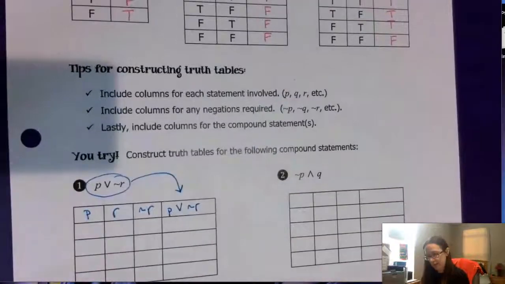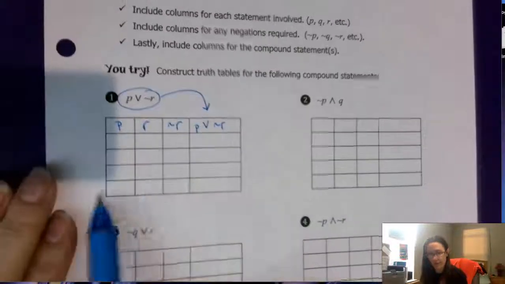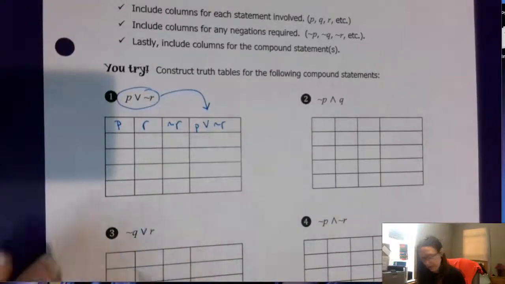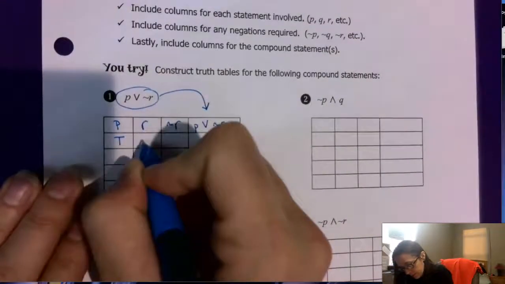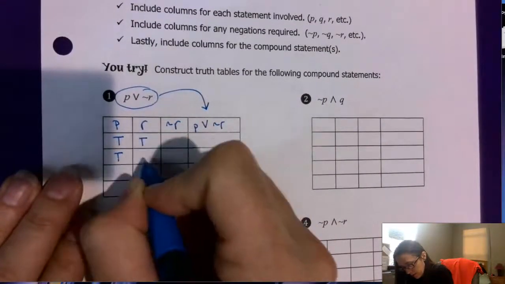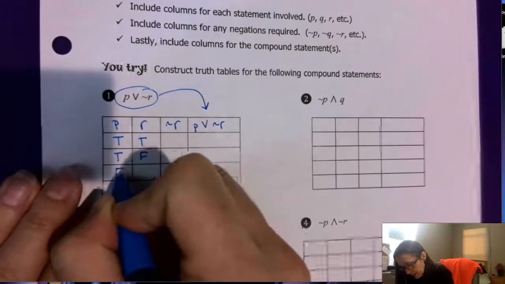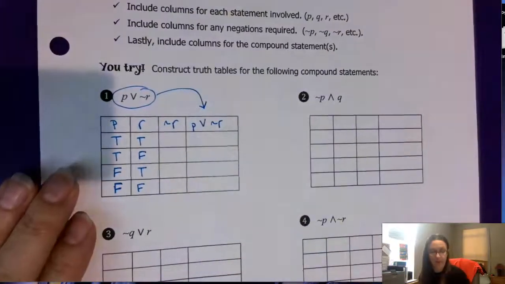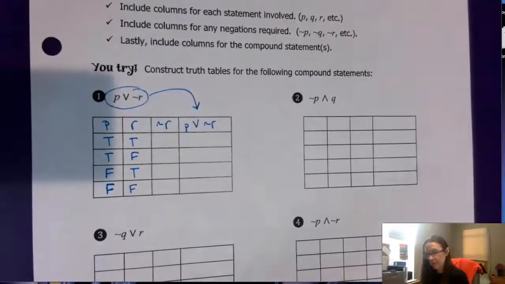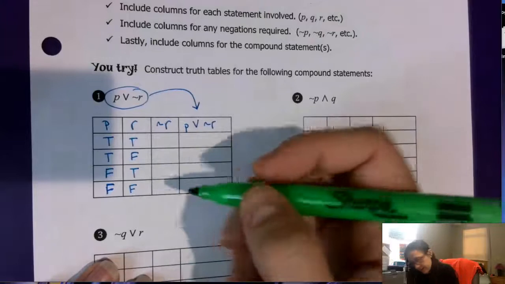So what you have to do is you have to do every combination in the first two. So in the first two, I know P could be true, true, true, false, false, true, false, false. That is every possible combination I can have. So that's what you want with your P's and R's, any combination you have of trues and falses. Now this, however,